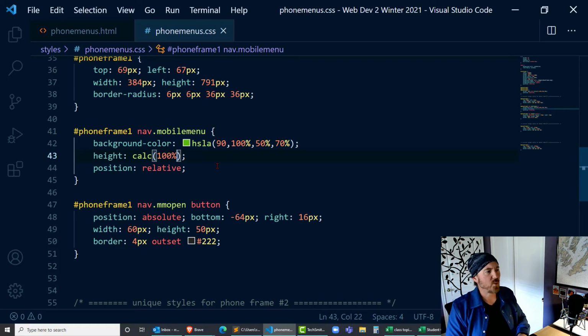We could do something like 100% minus some value. Well, I know my button is about 60 pixels tall. I know I want it to be roughly 4 pixels past that. We could say minus 70 pixels. So